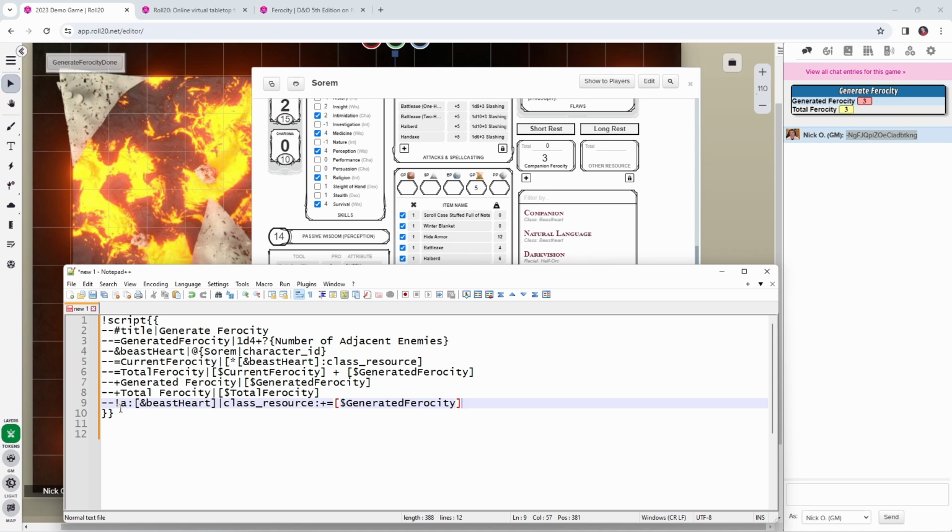So -- A means we're setting the value of an attribute on our character sheet. And specifically, the character we're working with is our Beastheart. The value that we're setting is our class resource, so the companion ferocity. And the value we're setting it to is += GeneratedFerocity. So the += means add this value to whatever is currently in this value. So if we generated 3 and our current companion ferocity is also 3, then 3 + 3 would give us